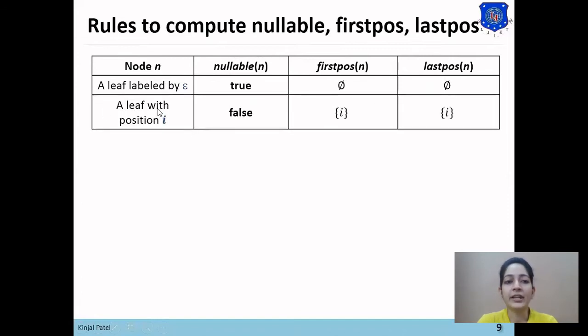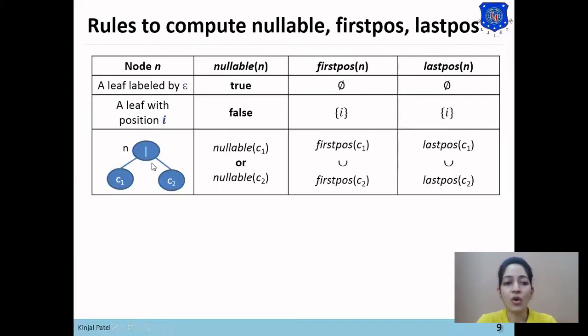And if a leaf node has position i, then nullable will be false, as there is one input symbol. So first position of that leaf node will be that position. Means if there is a node A with position 1, then the first position of A will be 1 and last position of A will be 1.